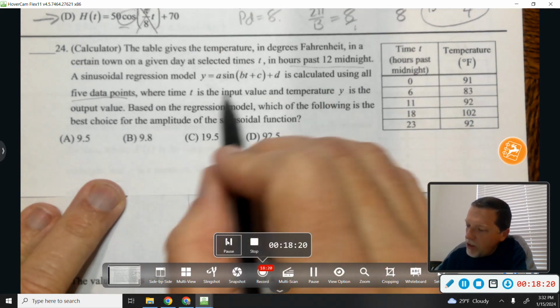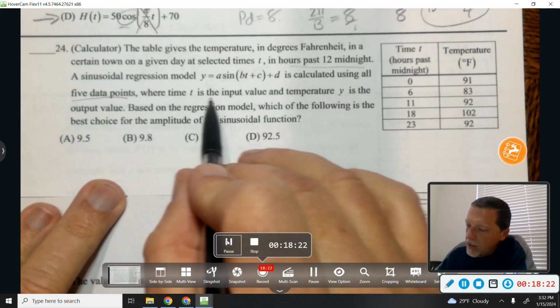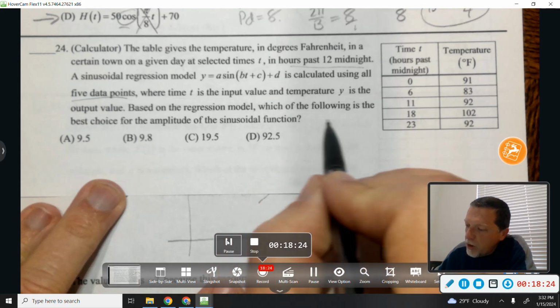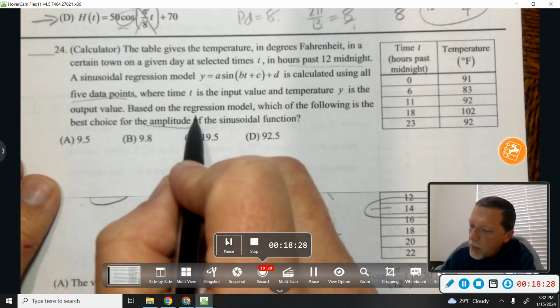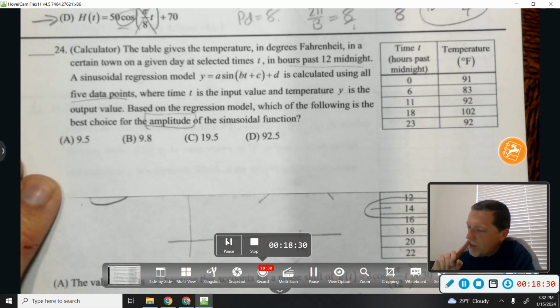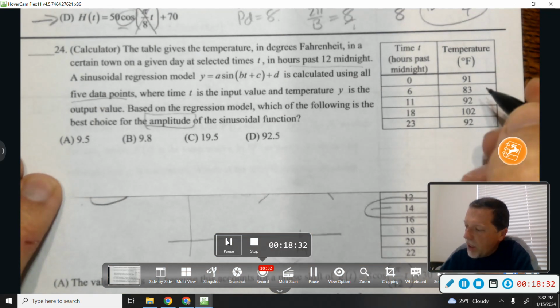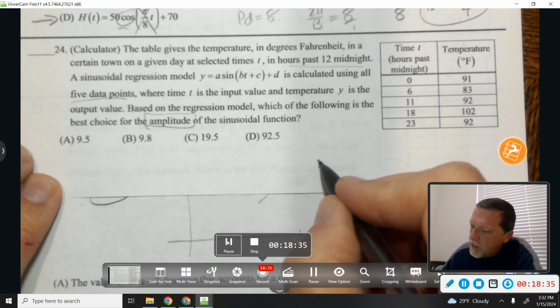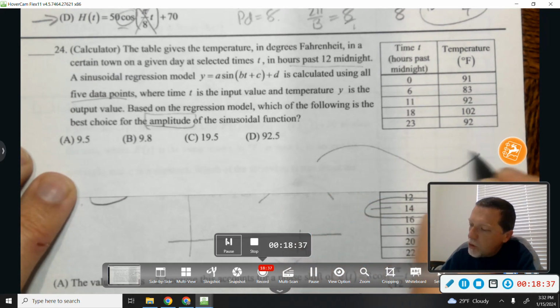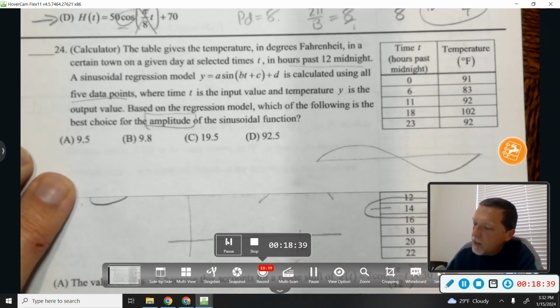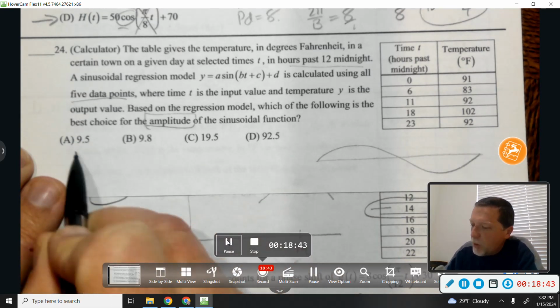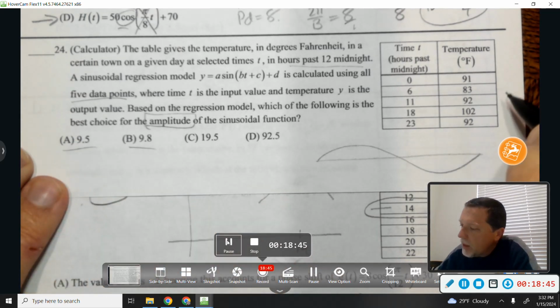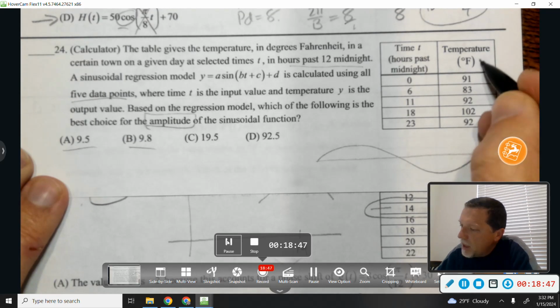So regression value, t is input. Based on the regression model, which of the following is the best choice for the amplitude of the sinusoidal function? Amplitude would be the distance from, as you know, the midline to the maximum. I don't know if I can do this without a calculator, especially if it's one of these. It looks like my